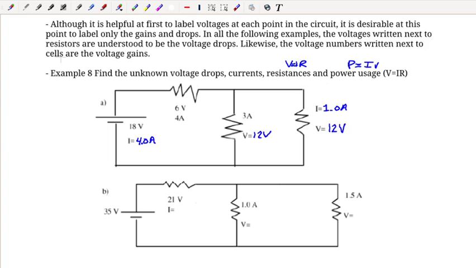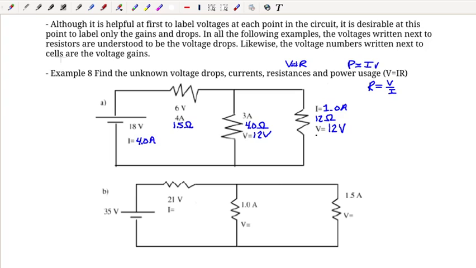So for that, we're going to use V equals IR, or actually R equals V over I. So here I've got voltage and current. So to figure out resistance, I need to take V over I, 6 over 4. So at this one, I got 6 over 4, which is going to end up being 1.5 ohms of resistance. At this one, again, V over I, 12 over 3, this is only going to be 4 ohms of resistance. And last one, V over I, 12 over 1, this is going to be 12 ohms